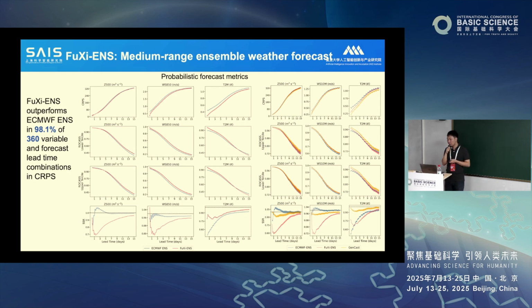We also compare our model with one of the SOTA models, not only in machine learning but in ensemble forecasting: GenCast, which was just published in Nature last year. GenCast is a model that is really hard to beat. Although we developed ours at a similar time, we compare our model with theirs as well.